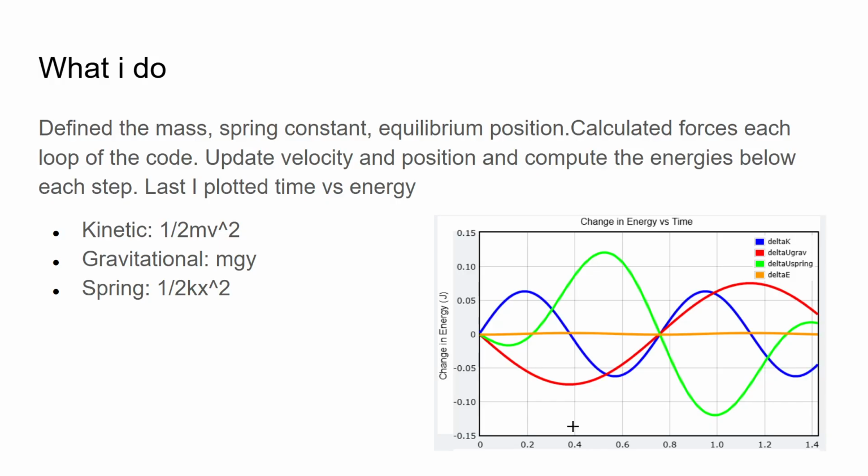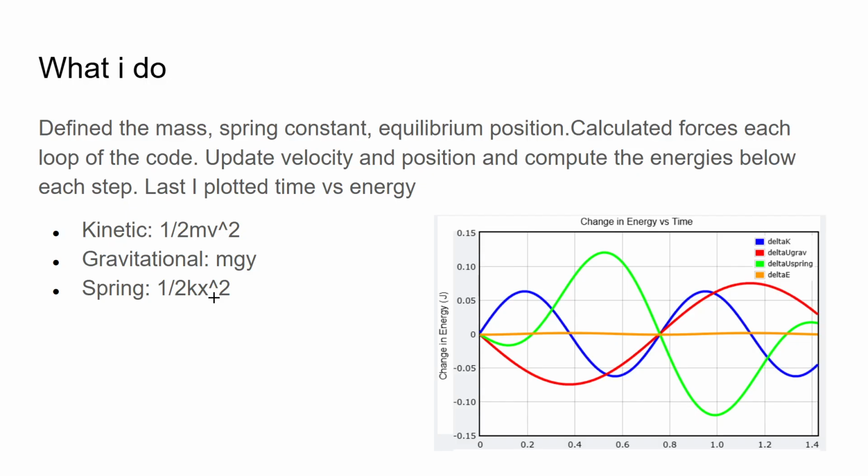What did I do? Define the mass, spring constant, and equilibrium position. Calculate forces in each loop of the code. Update position and velocity, and compute the energies below in each step. And last, apply a graph of time versus energy, and these are the formulas for the